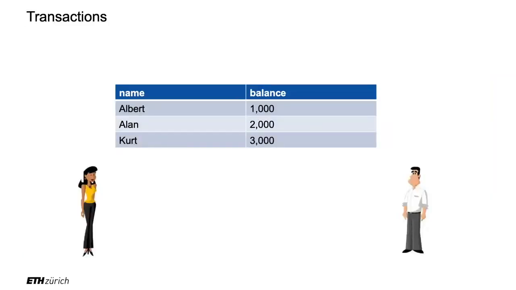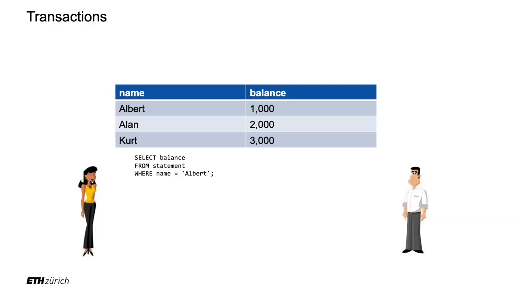So I have two people here connecting to the database, and I have here bank balances of random people. And Alice here on the left is writing a SQL query, and she wrote SQL select balance from statement where name equals Albert. So by now, you know that this is a selection and a projection, right? So you select name is Albert and you project to balance. So the result is going to be